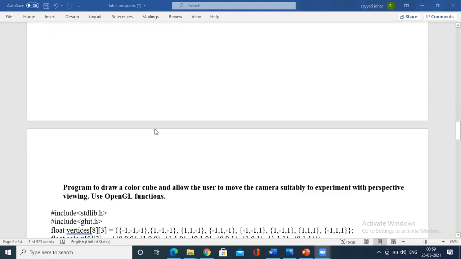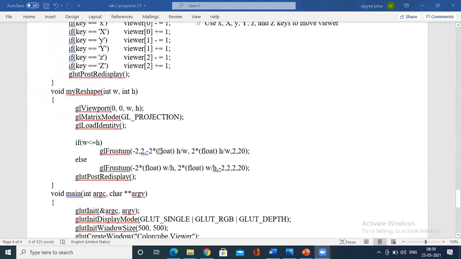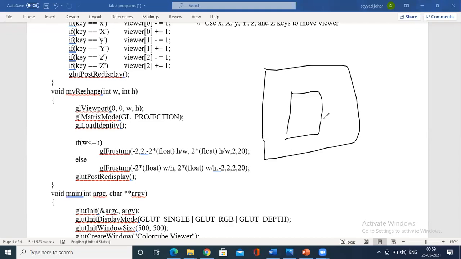What the viewport function does is it maps the window to the viewport. We will see exactly how the viewport function is used. See this, imagine this is your screen, this is your window, and this is your desktop screen. Sometimes, in order to avoid distortion, I have to use a window within the window, which is called the viewport. So this is called the viewport and this is called the window.